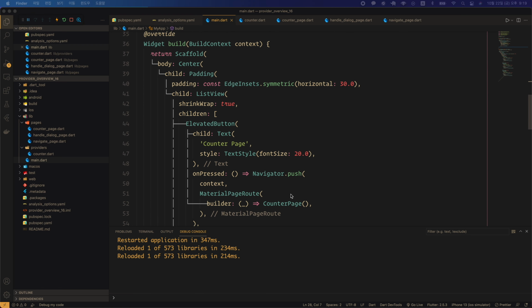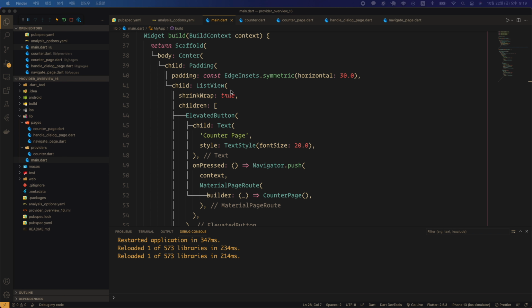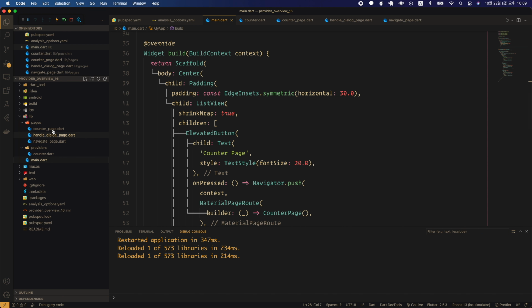Buttons are placed inside the ListView, and as you can see, the ListView's shrinkWrap property is set to true. As I said before, if the shrinkWrap property is set to the default value false, the buttons will not be displayed in the center of the screen even if the ListView is made as a child of the Center widget. The 3 buttons are just simple buttons that go to the corresponding page when pressed.